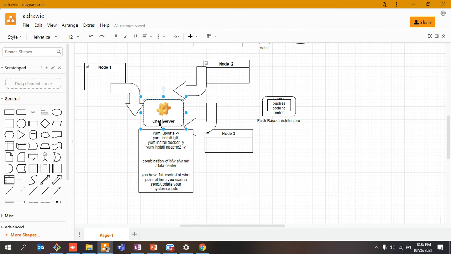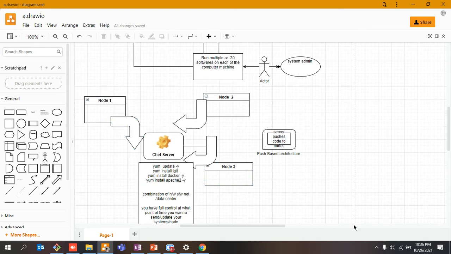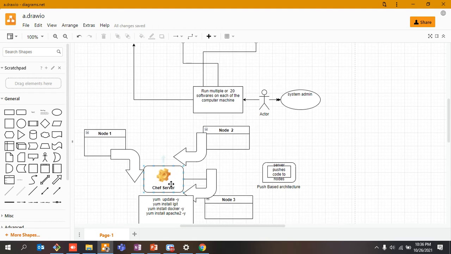So these are the two architectures that I discussed right now: push based and pull based. Chef is pull based, and Ansible would be your push based, right? So this is how this works.